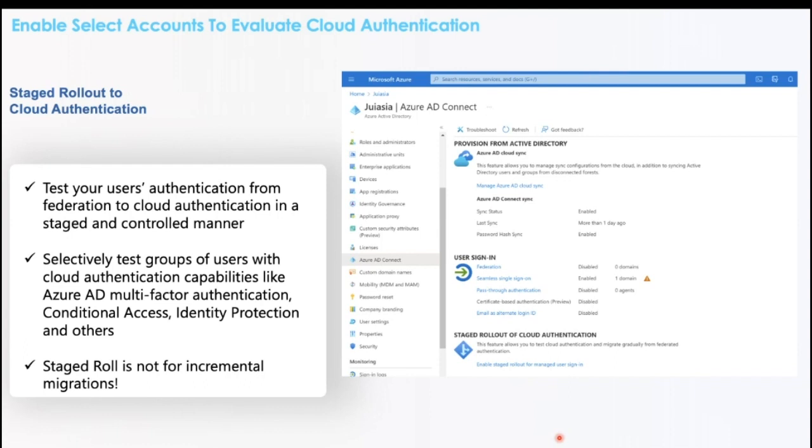So this is perfect to test the authentication experience, to test your conditional access policies, to validate how it's working. You might move some IT members and some champion users, right? You don't necessarily want to move only IT, because IT is able to troubleshoot some things that come out, but you also want to move some champion users. So they see that experience, they can pass that experience to some of their colleagues and team members, and you get a better audience and better picture of how things look before you move everybody else over and implement different policies across Azure Active Directory.